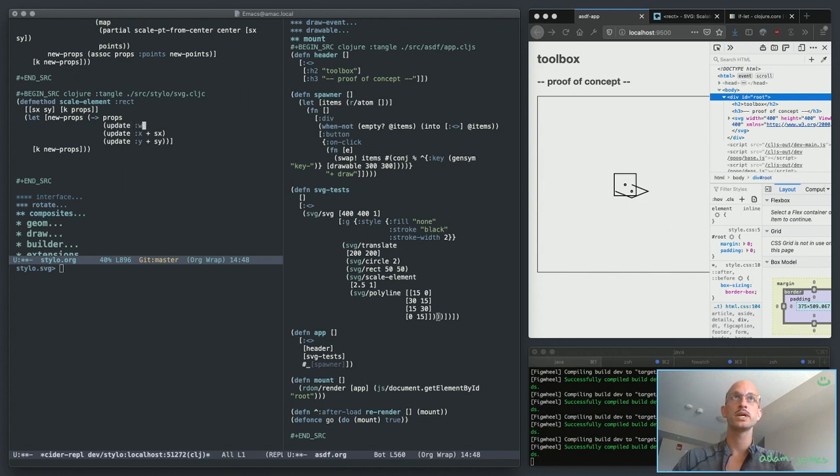Update width with this function. All you have to do is multiply the width by the scale x, and similarly update height with the same, multiply the height value by sy. So you have that. Then the only thing you have to do for x and y position, right, is update it with